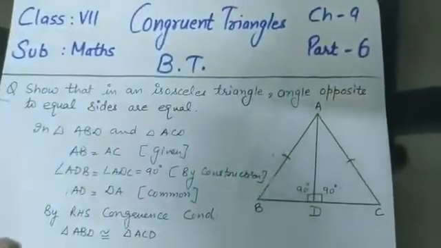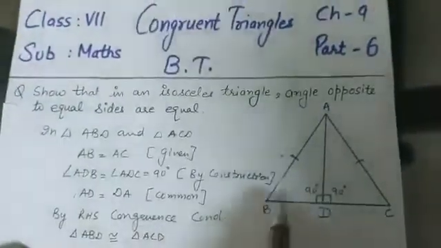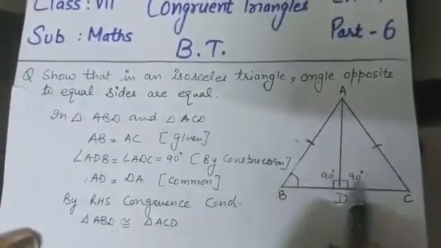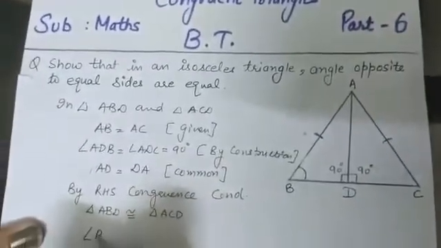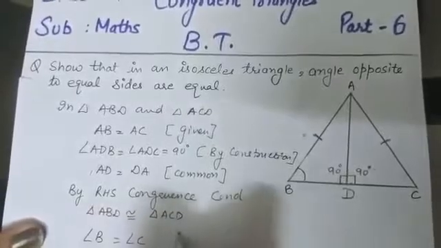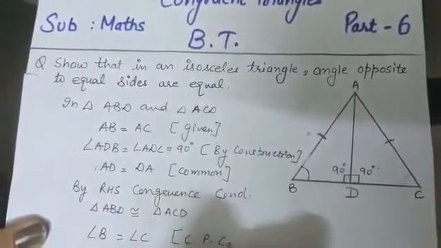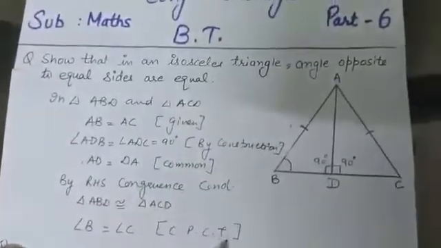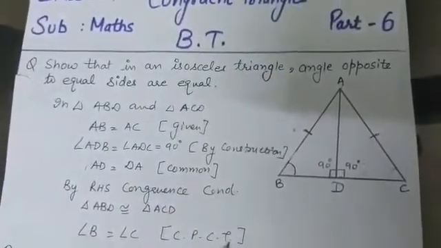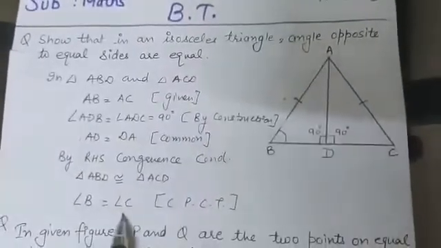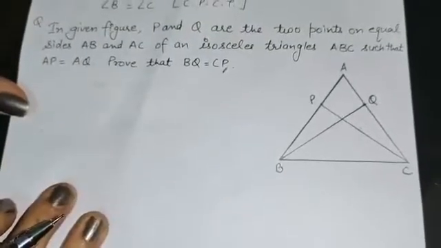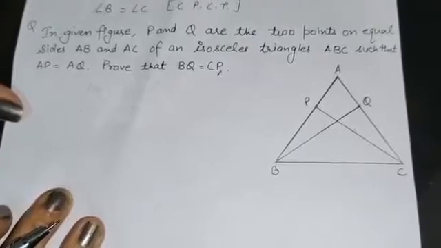Now if these two are congruent, then angle B is equal to angle C, because we have proved these two triangles congruent, so the corresponding sides and angles of these two triangles are equal. Therefore we can say that by CPCT, corresponding parts of congruent triangles, angle B is equal to angle C. Now the next question: in this given figure, P and Q are two points on equal sides AB